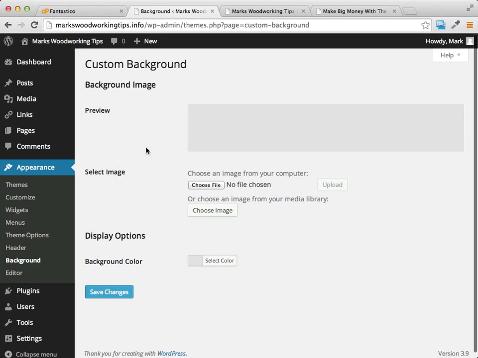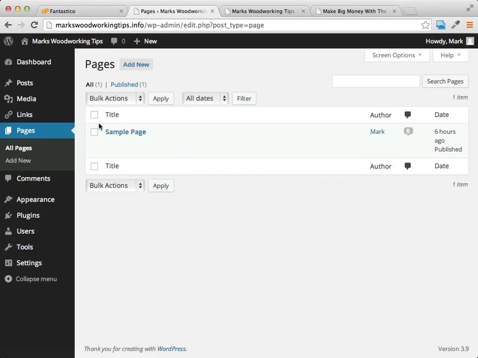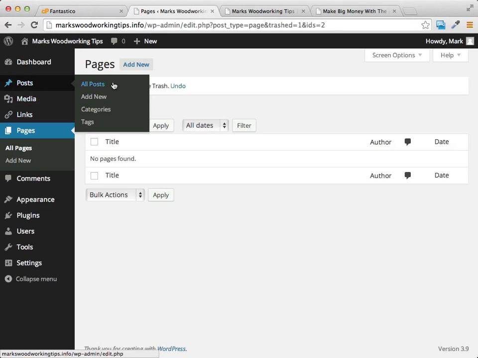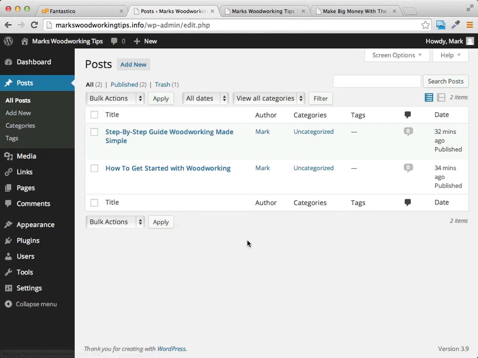Right off the bat, the one thing that we do want to change with this particular site is to get rid of this sample page, because we don't want that. So just go ahead, send that right to the trash. And now what we want to do is go back to our posts here, and make them look a little bit better and also add some links to them. So we'll go into one of these posts,